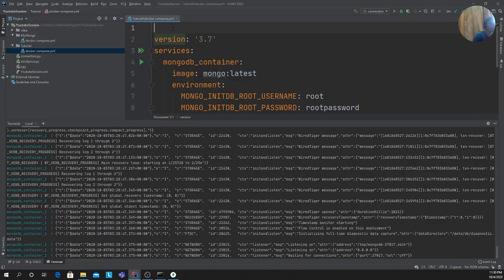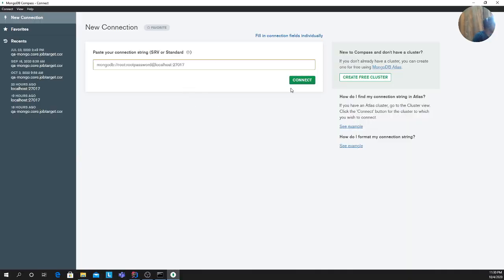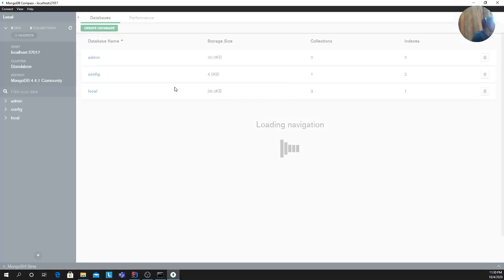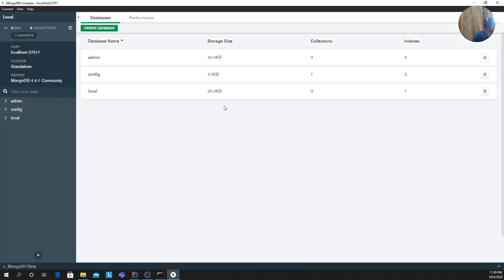So now, the connection string of a Mongo would be something like this. I'm going to paste that in the comment section right here. MongoDB://, the username, the password, at the rate, the IP address. In my case, it's localhost:port. That's the format you want to use. So I want to copy that, go to the Compass, paste that, and hit the connect button. This should connect you to the MongoDB.